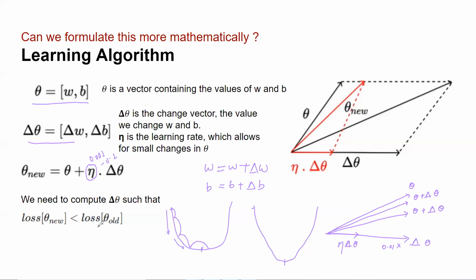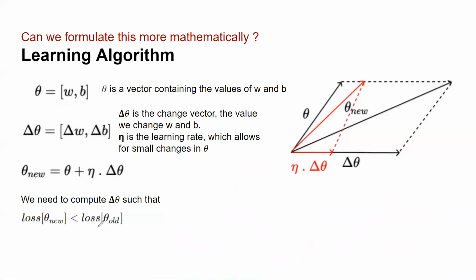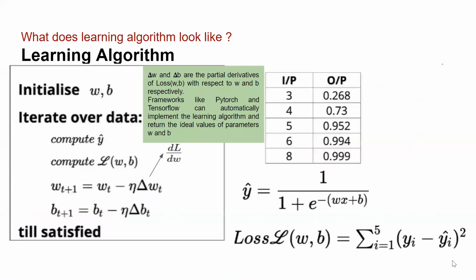Okay. Now let's move ahead. So this was the little bit of mathematical background, just setting the stage for getting the optimal value of delta theta, delta b, and delta w. Now, if you are clear with this part, the subsequent slide should be a piece of cake for you.